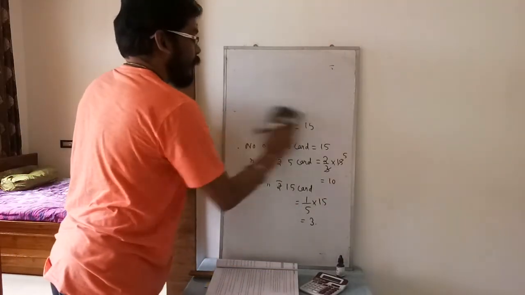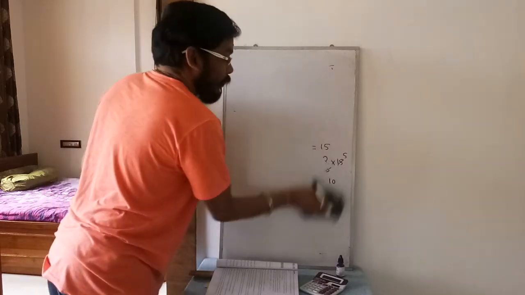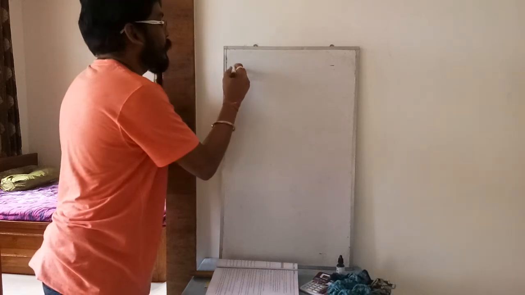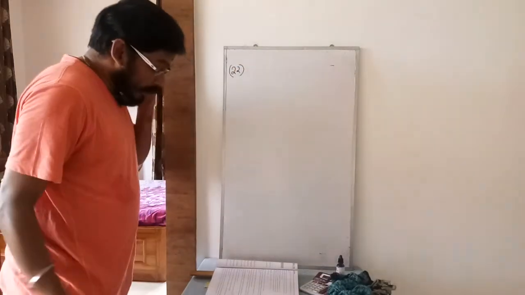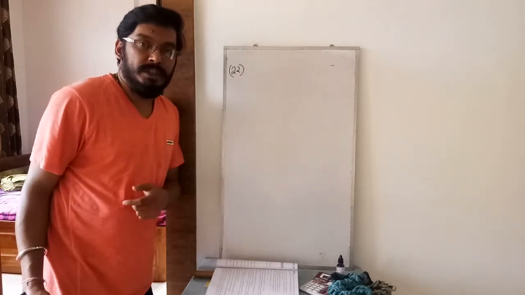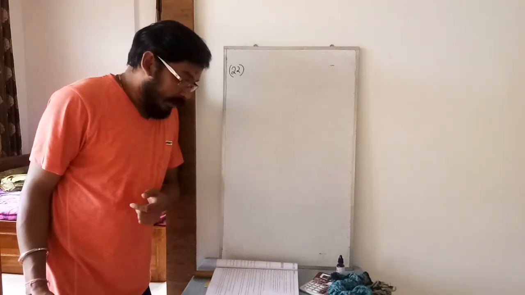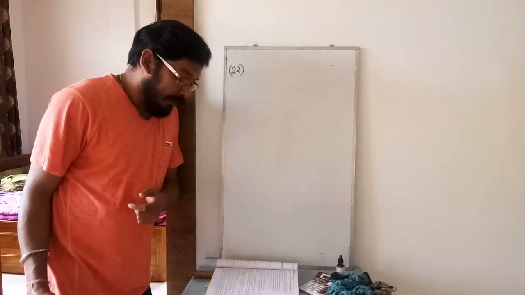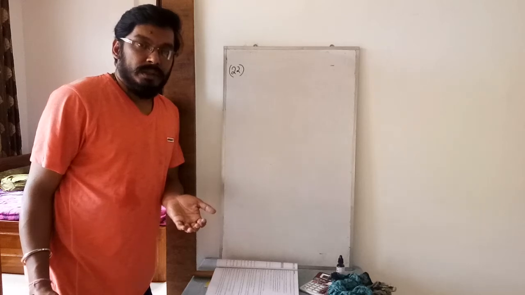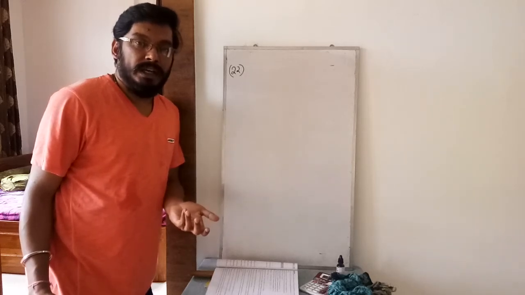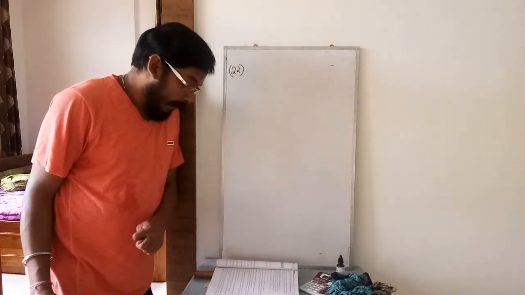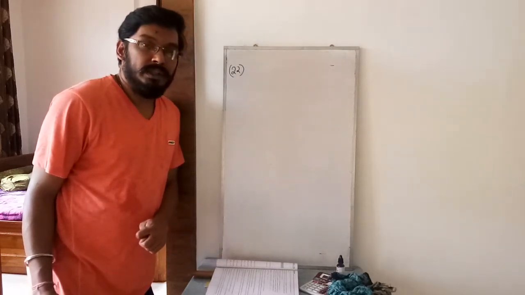If you go for question number 22, what did they say? The enrollment in a school this year is 552. This many students have taken admission this year. This is an increase of 15% over last year's enrollment. So last year's enrollment, whatever it was, increased by 15%. You don't know how many enrollments were there last year. 15% it has increased and it became now 552. How many were enrolled last year?